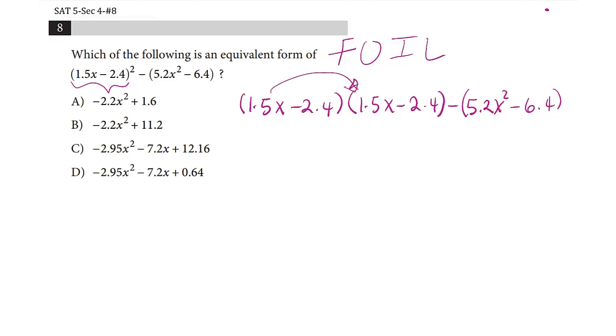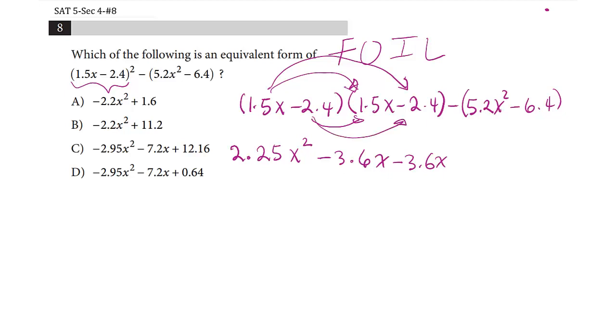So 1.5x times 1.5x becomes 2.25x to the second. 1.5x times negative 2.4 becomes negative 3.6x, and negative 2.4 times 1.5x is yet another negative 3.6x, and negative 2.4 times negative 2.4 becomes a positive